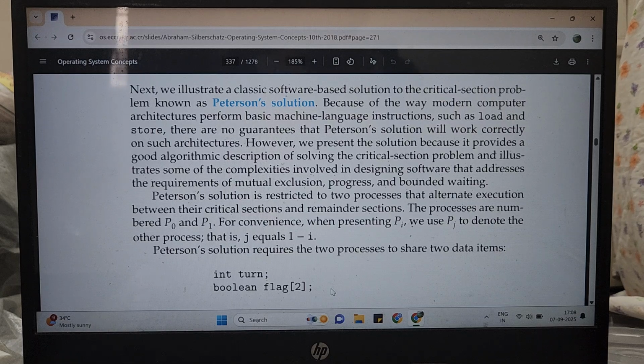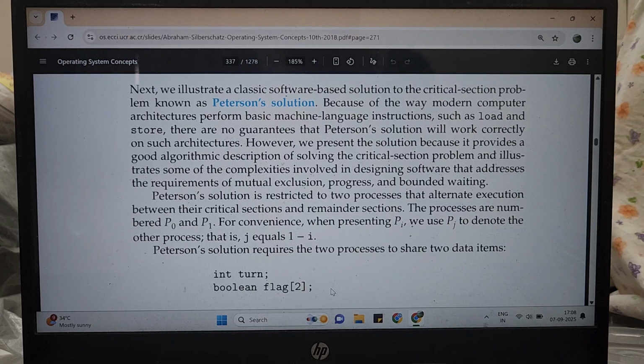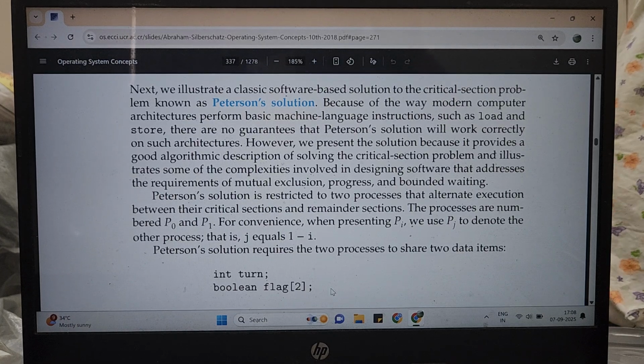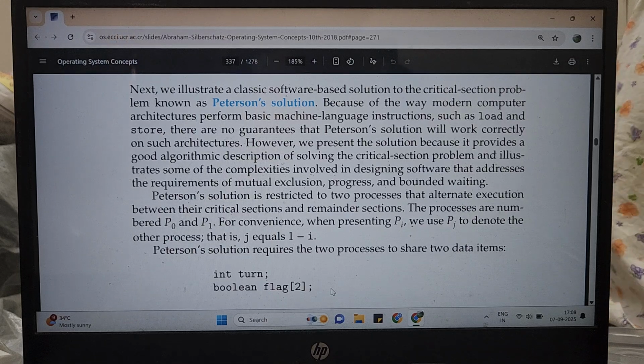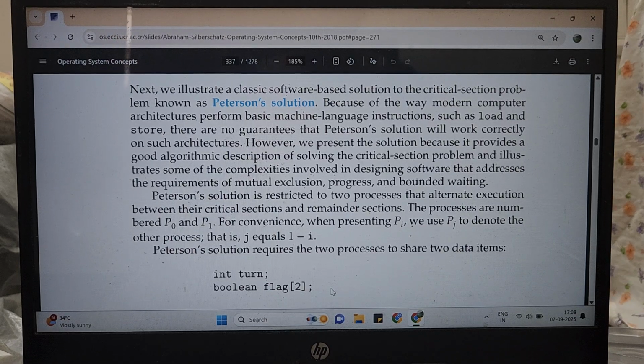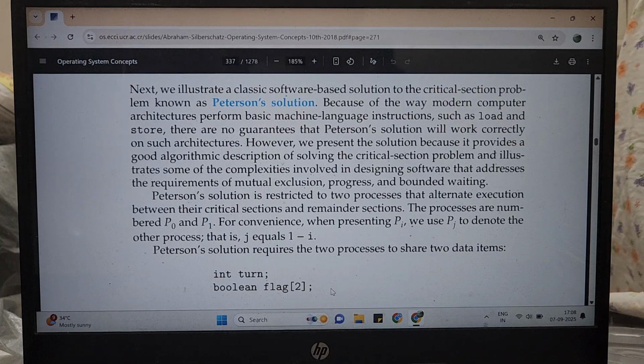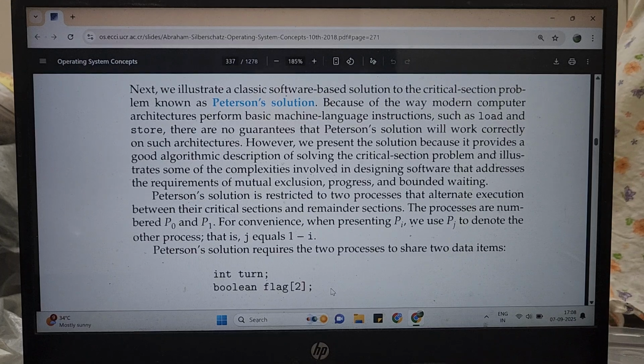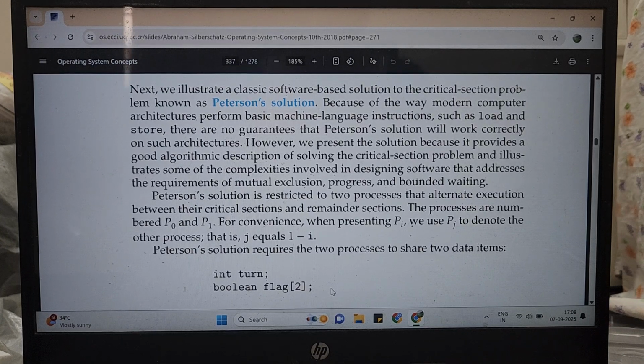That's one thing. Second, turn being an integer variable can either take 0 or 1 at a time. It cannot take both values. Meaning at any given time, either it is P0's turn to get into the critical section or P1's. On the other hand, flag, both the elements of the array can be true or both can be false. Meaning at the same time, multiple processes may be ready to enter their critical section, or at the same time, both of them may be not ready. So